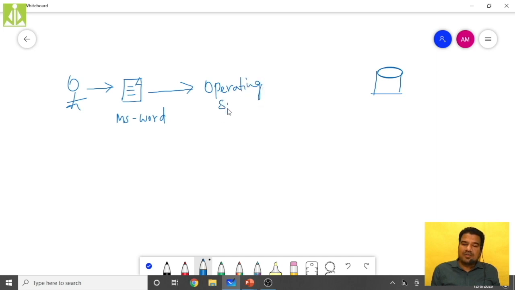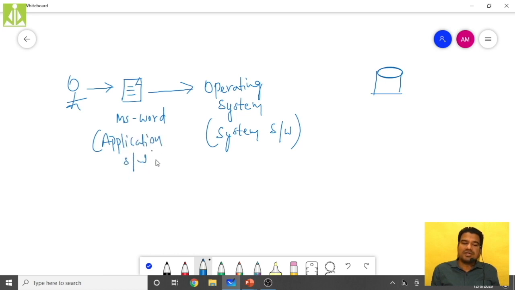That operating system is nothing but your system software, and MS Word is nothing but your application software. Now this operating system can directly interact with the computer hardware.